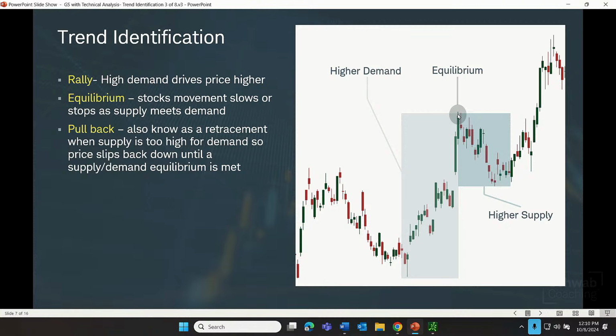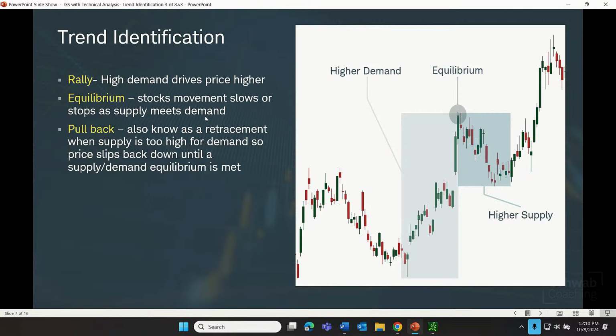Now, typically within relatively short order, as price rises, those buyers, well, they're having to pay higher and higher prices that can reduce the demand in the short term, and those higher and higher prices can intrigue and attract new sellers and bring the number of buyers and sellers into equilibrium. This is where a stock's movement slows or stops as supply meets demand, or vice versa at the bottom of